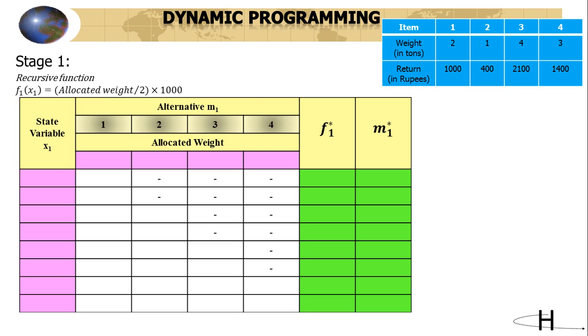Now in stage 1 there are 4 alternatives. These 4 alternatives and the weight allocated to these alternatives are,